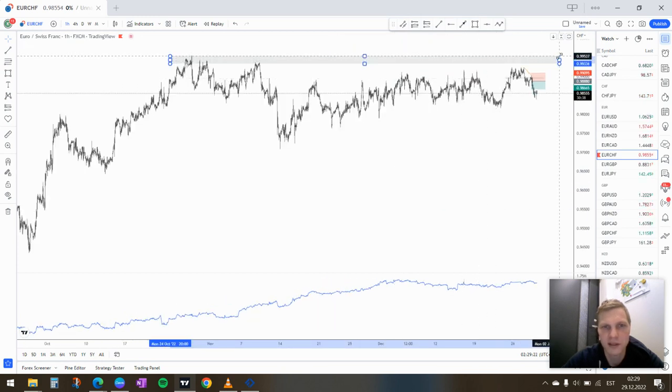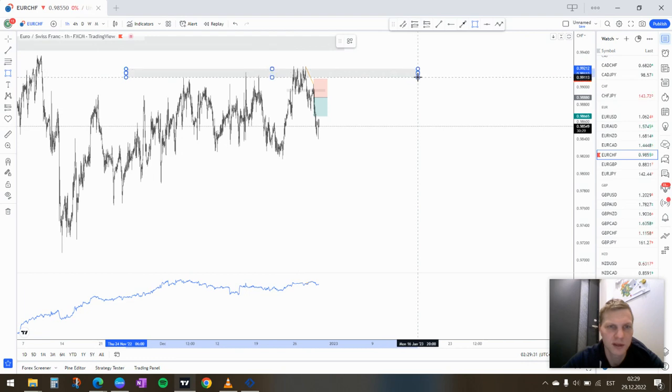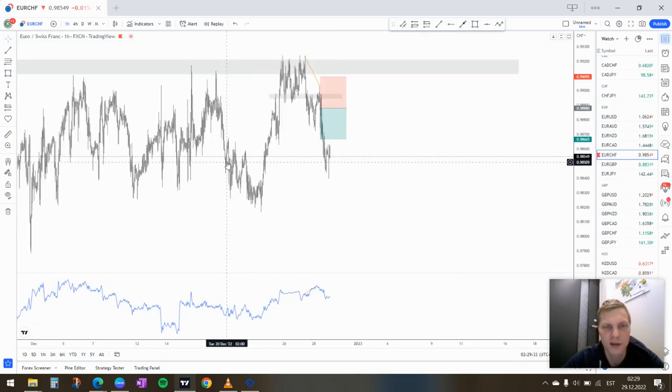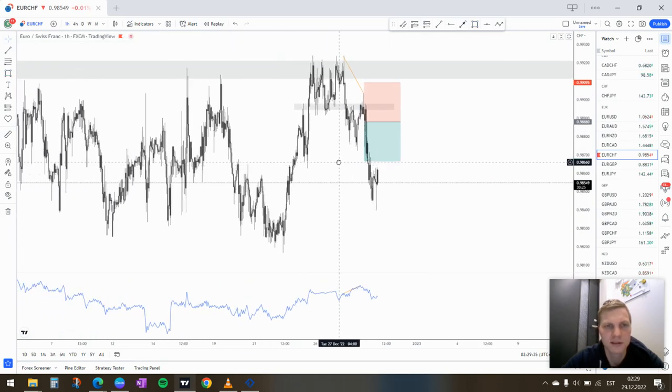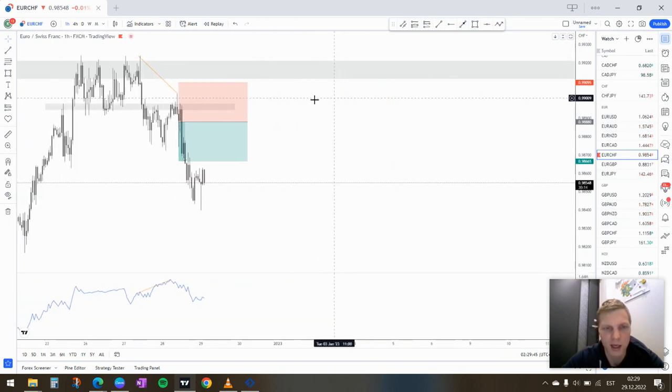This is the extreme high of the range, and this is the most recent kind of resistance here. There are multiple rejections here and price started to go down. There was a break and a retest for the recent support, and there is